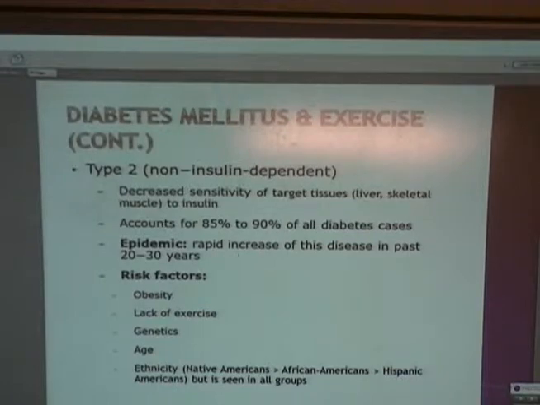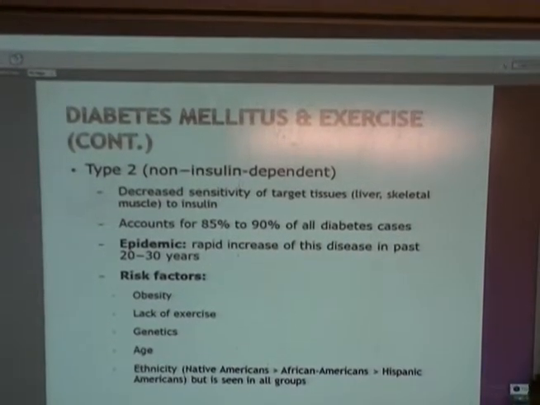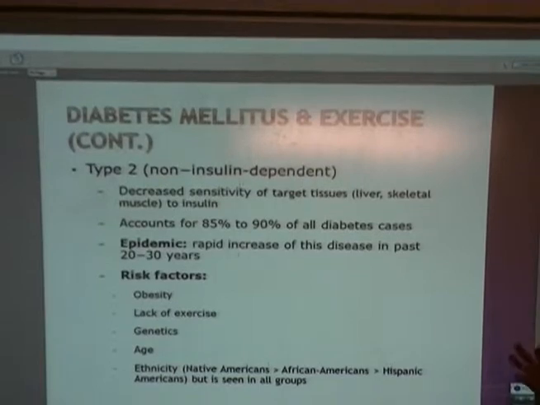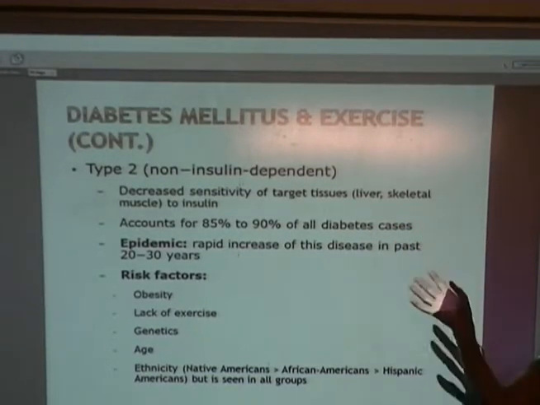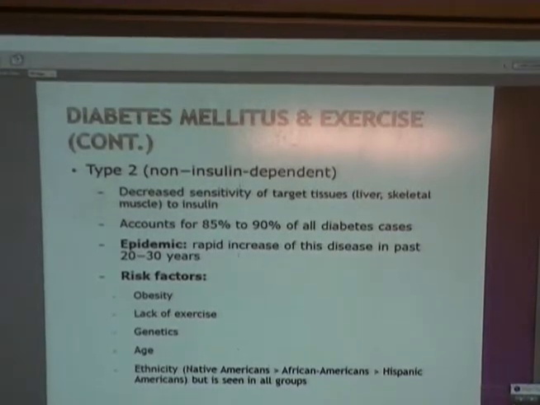So type 2 diabetes is the vast number of diabetics, right? Almost all the diabetics you come across in your career, and you're going to come across a lot because the numbers are rising. So unless you only work with competitive athletes, the chances are you're going to have to deal with people with diabetes, okay? It's really, really important that you find out ahead of time if they're a type 1. Just knowing they're diabetic is not enough, right? You have to know whether they're a type 1 or a type 2.